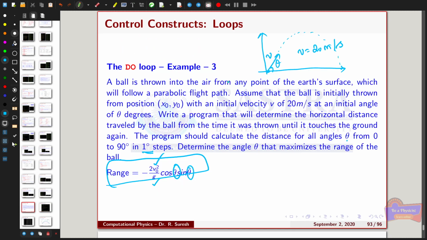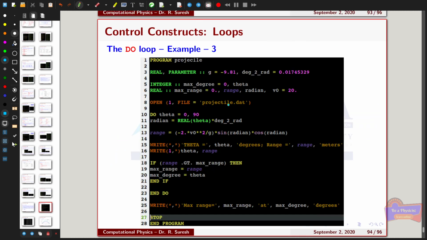Here you can see that the value of theta is given in degrees. You have to convert these degrees into radians, because the intrinsic trigonometric functions take the radians value and then calculate the result in terms of radians. So you have to give pi by 180. I have just taken the value pi by 180 as another variable,